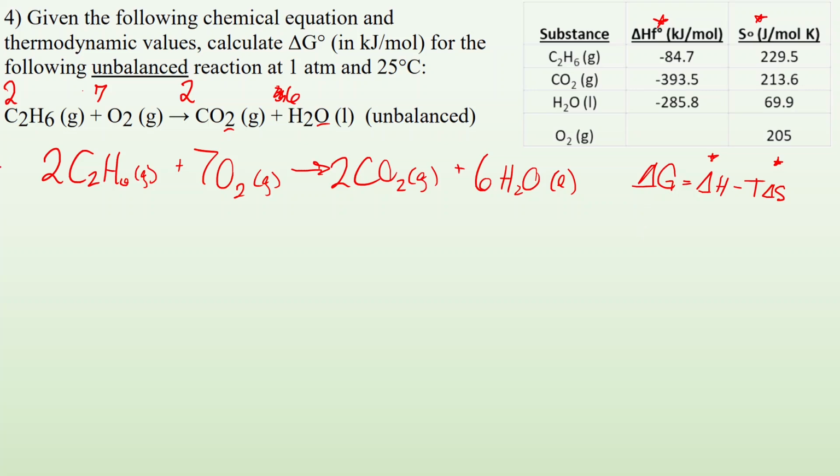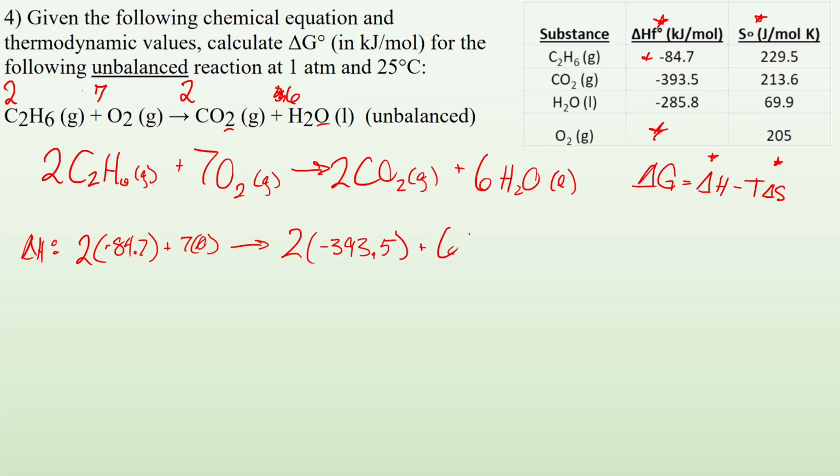All right, so let me work on my delta H first. I got 2 C2H6s, which has a delta H value of negative 84.7, plus 7 O2s, which, hey, look at that, it's 0. So that works out, I don't have to worry about that. And then arrow, 2 CO2 gases, so it's 2 times negative 393.5 plus 6 H2Os, so 6 times the value for H2O, which is negative 285.8. These are all kilojoules per mole. So when I do this math,